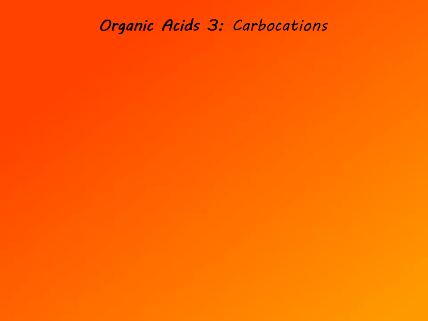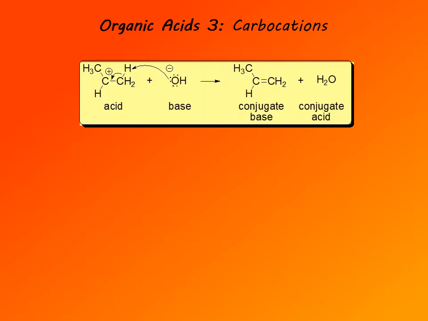Yet another type of organic acids are carbocations. We usually don't look at them as acids, but they actually are acids. They have acidic properties because they are good proton donors. So one of the reactions of carbocations is donation of a proton to form an alkene, or in general unsaturated compound, as conjugate base. And that's shown here. So hydroxide anion will abstract neighboring proton from a carbocation, neighboring proton from the neighboring carbon, to give conjugate base